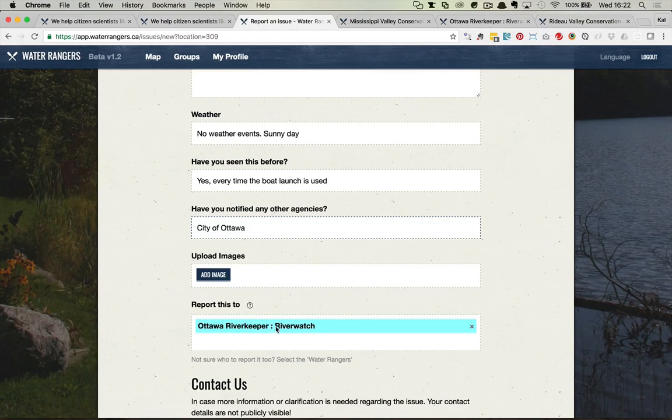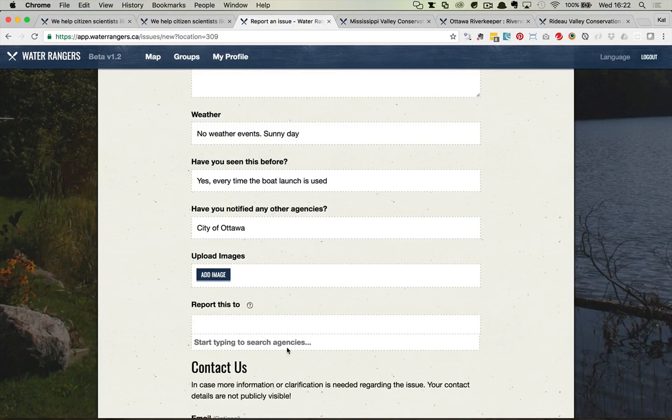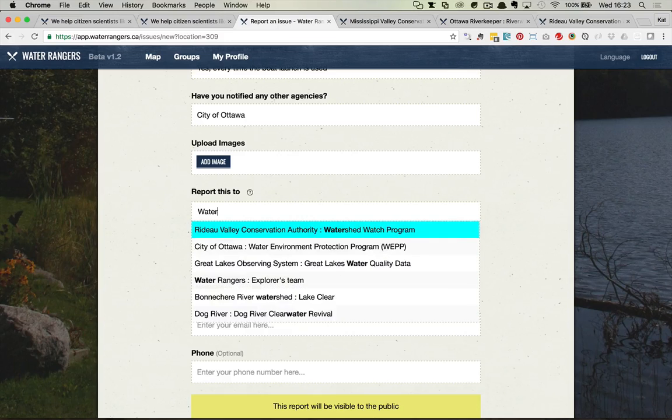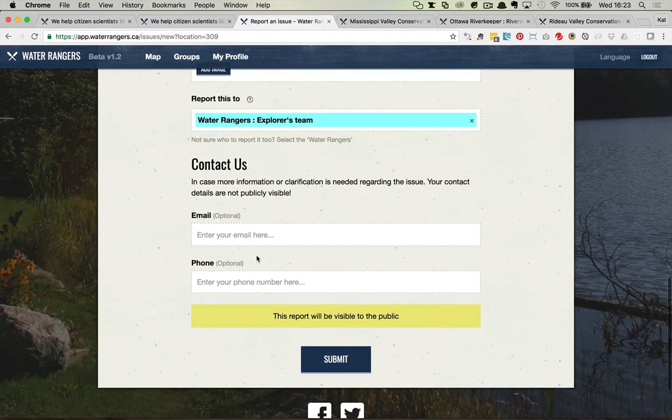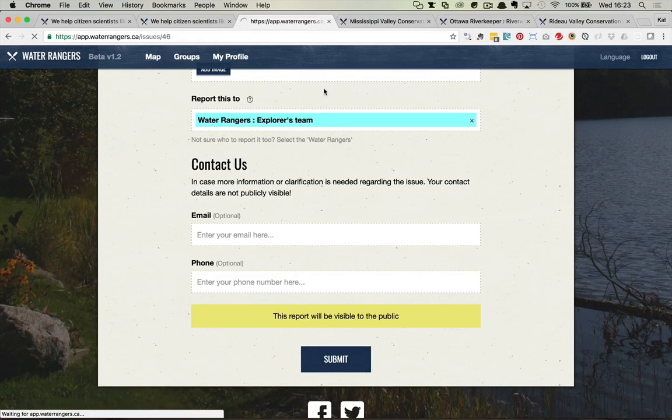And then we automatically say that you're going to report it to your group. If you don't have a group, this will be empty. And if that group is set up to accept issues, you can report it to them and it'll email them. You can also add email and phone number if you'd like to contact them directly. Those aren't public, but the rest of the report itself is public. When you submit it,